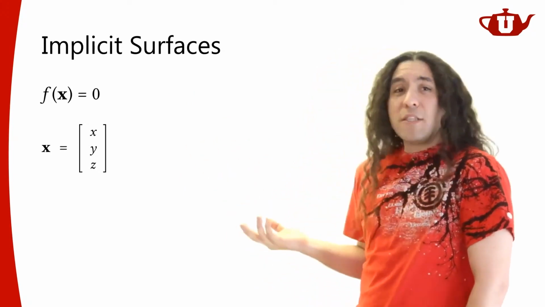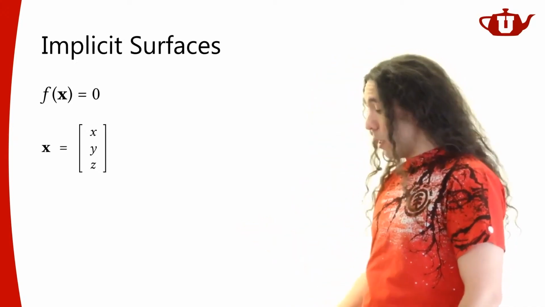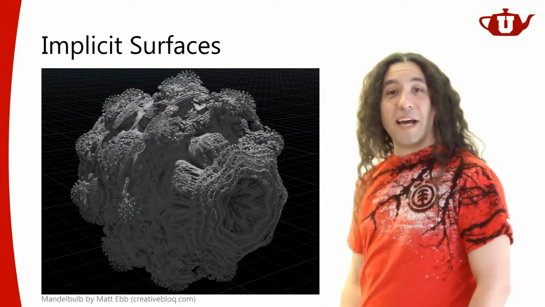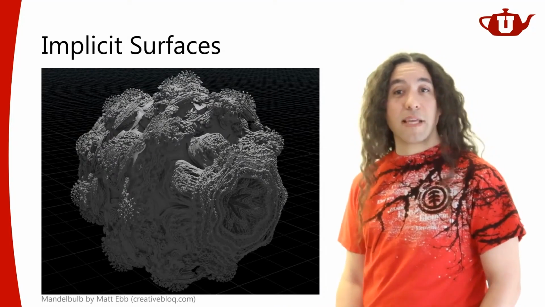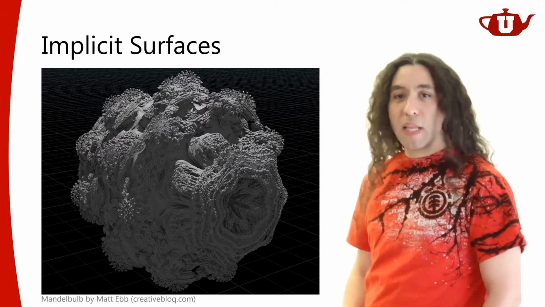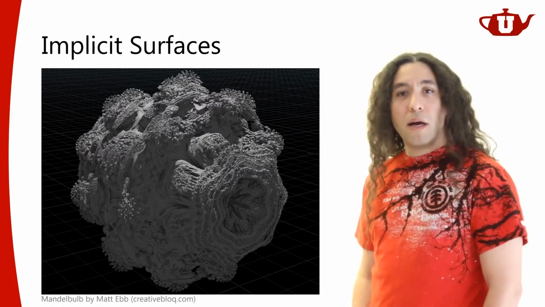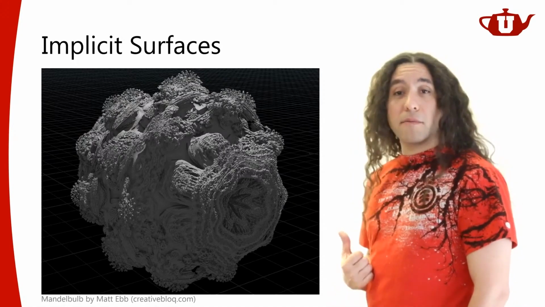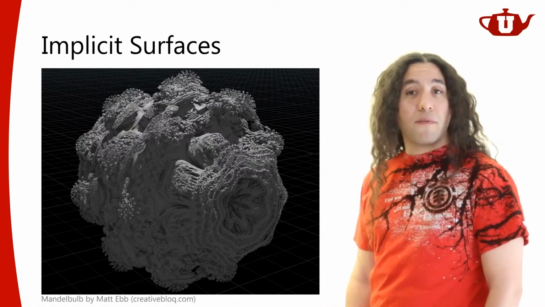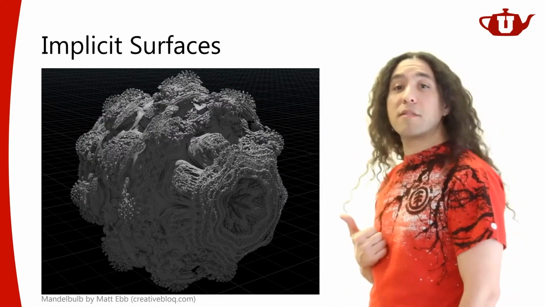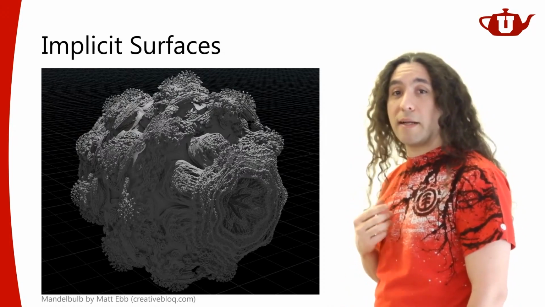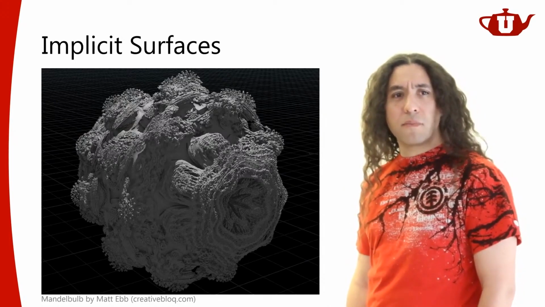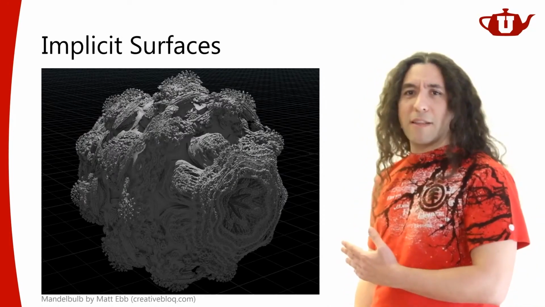So what can I do with an implicit function? I can actually do a lot of crazy things. I can, for example, represent some fractals. Fractals can be written in an implicit function form. Some fractals, anyway. And you can render them and get some really interesting looking surfaces like this. And trying to model something like this with all its detail without using an implicit definition would be very, very difficult, actually.